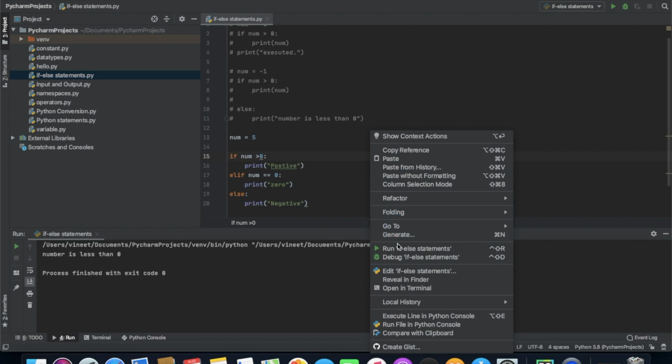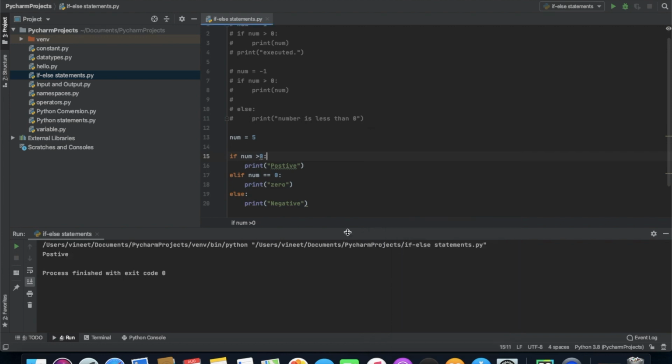So if I run this, it will run the if statement because it's true. If I provide 0 over here, it will execute the elif statement. If I provide -1 as the value, it will execute the else statement. So this is how the if elif else statement works.